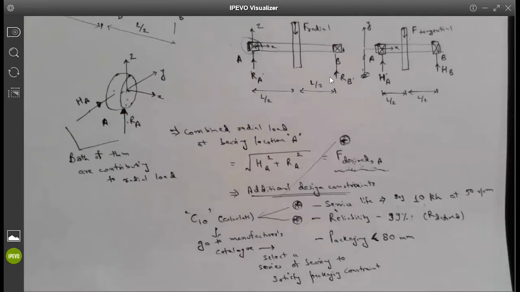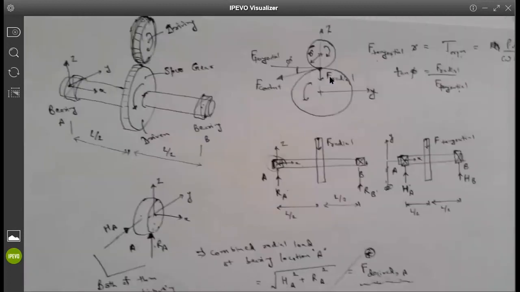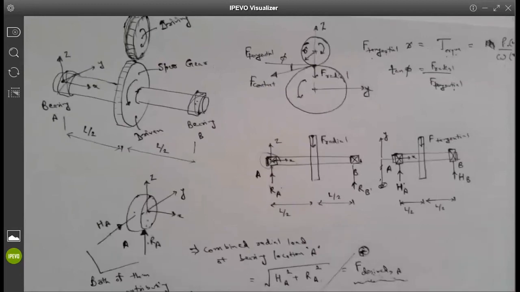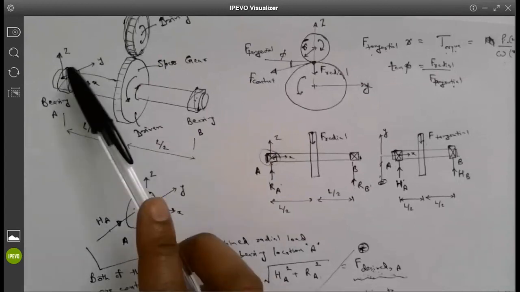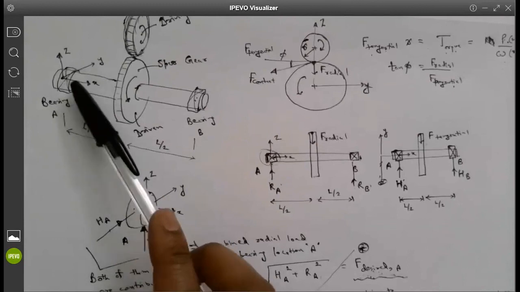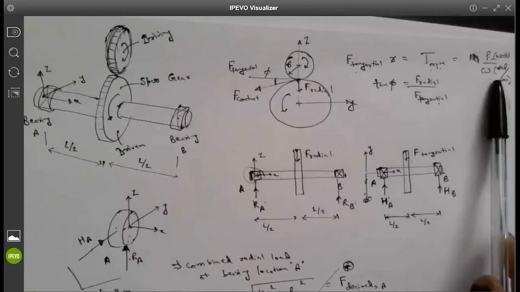Let me know if you guys have any questions or anything that is not making sense so far. Are you following the methodology? The main point of showing this specific example is to explain the methodology behind the calculation, that is, how you get to the point of bearing selection when the only thing known to you is the power at a given angular velocity.